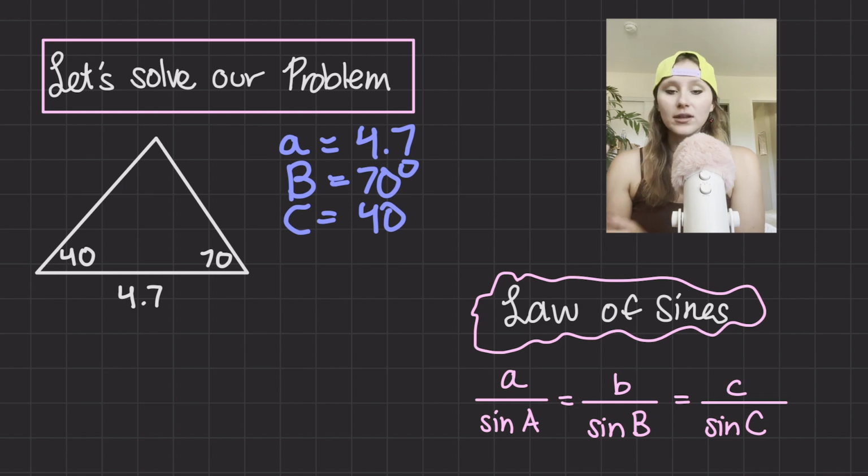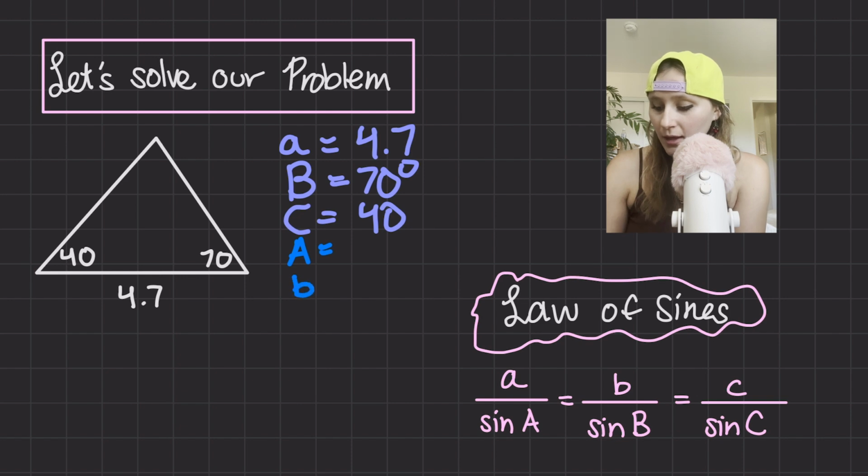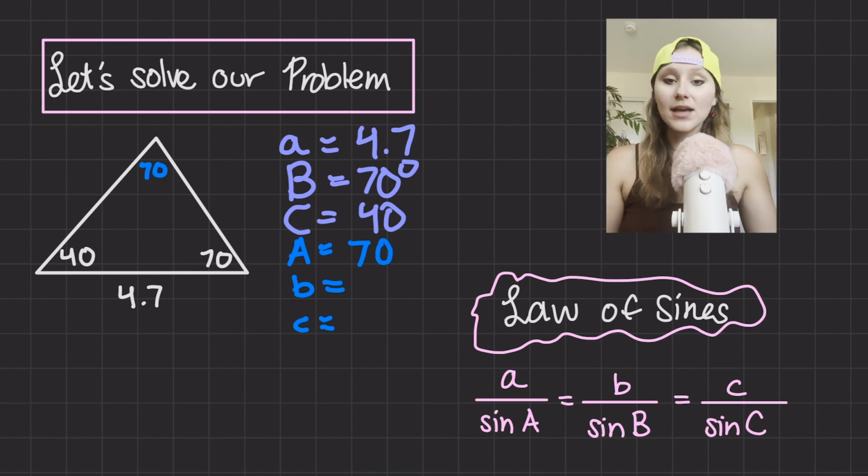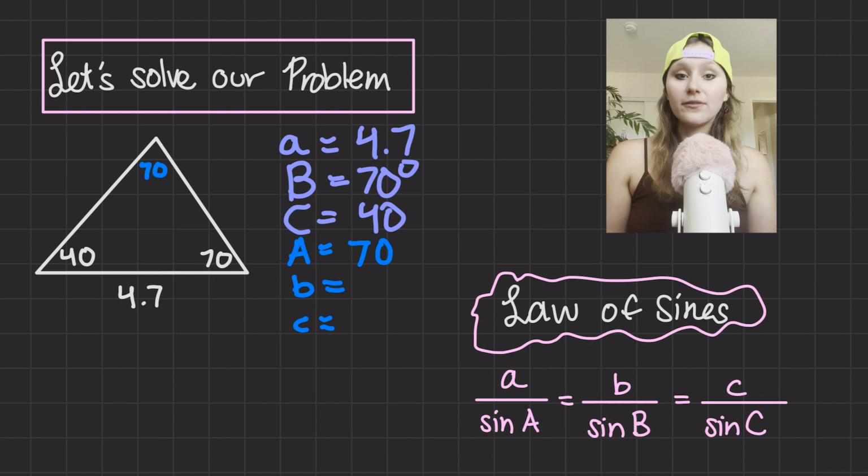Now we have little a, big B, big C. Now we need to find big A, little b, little c. To find big A, all we got to do is subtract from 180, and you already probably know this, okay? So 180 minus 70 minus 40 is going to be 70. Now, in order to find the side lengths, which is what we need to find,